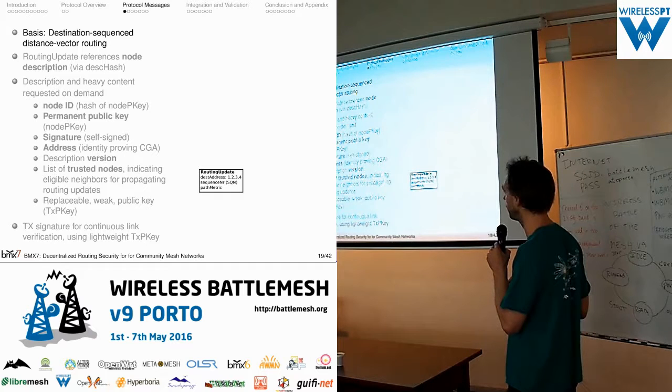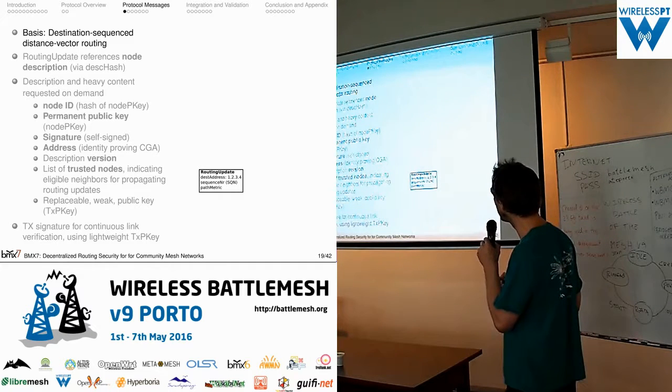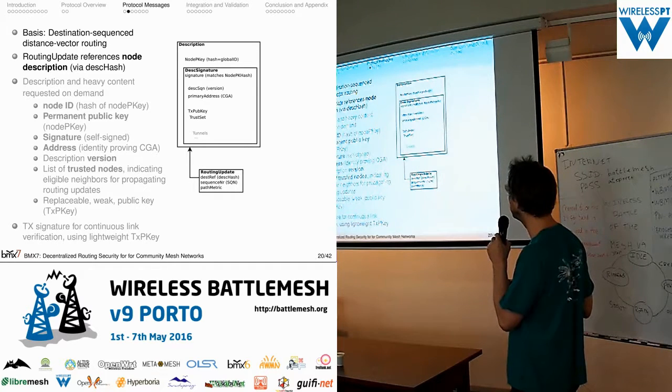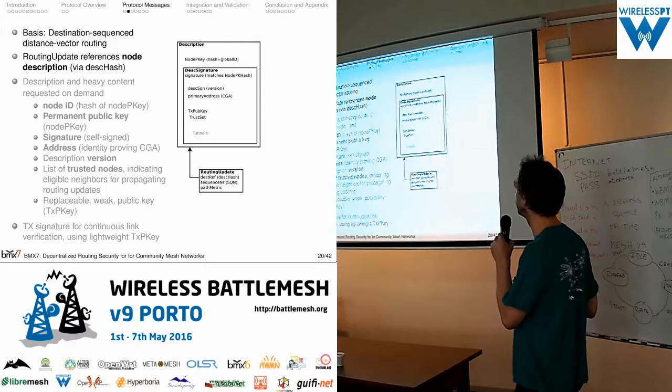What I'm doing now, as I mentioned in the beginning, is I replace this IP address, which has been used earlier, with the hash of the description. The description is propagated before, just flooded, and it contains more details about this destination node, or the originator of this routing update, like its primary address, the trust set that I was mentioning, a list of other trusted nodes, a public key, and essentially the hash of this public key is just its identity, and a signature, which of course must match this public key.